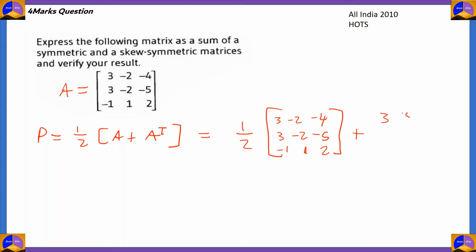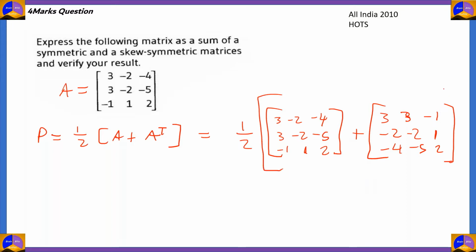That will be 3, 3, minus 1; minus 2, minus 2, 1; minus 4, minus 5, and 2. Here we are interchanging the rows and the columns to get the transpose. Now on adding A and A transpose, we will get